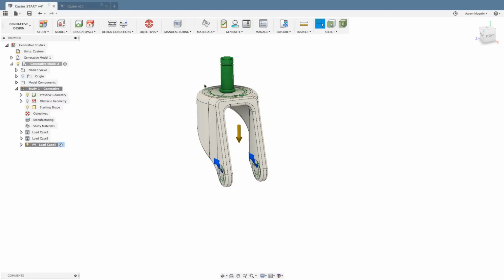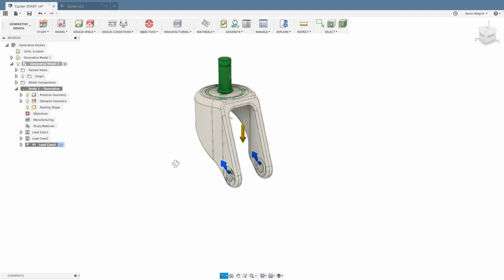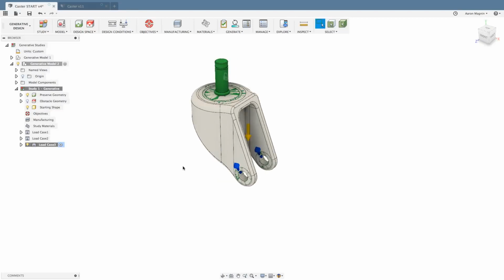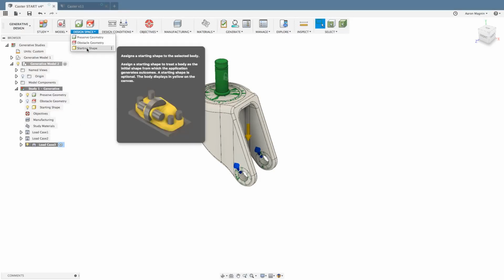You could use things like a starting shape to give it a direction to go to find its way around, essentially. So now we've taken and copied the whole study. All we need to do here, if I wanted to use a starting shape in the second example, is just